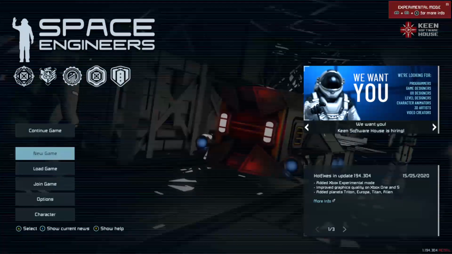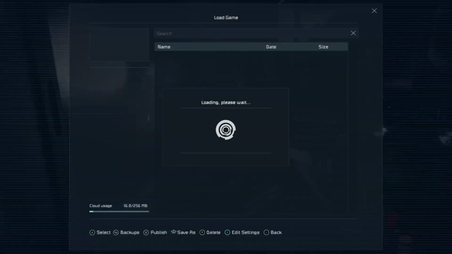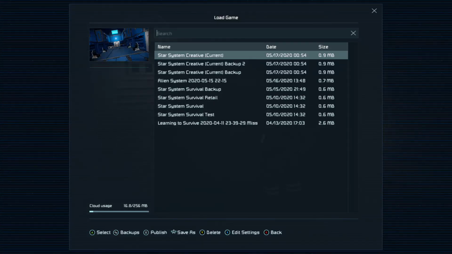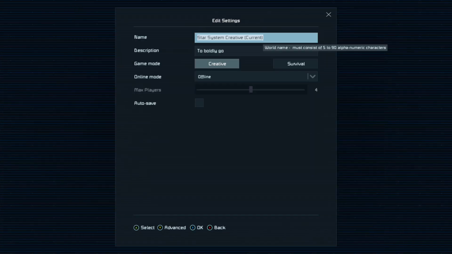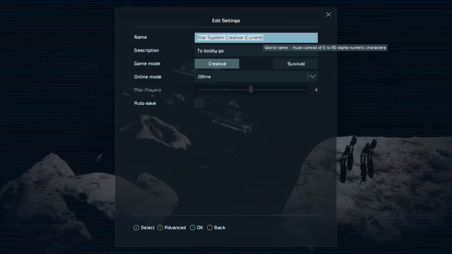But I wanted to share with you as well the load game menu, because you can at any point when you've saved your game alter things about it. Now, some people don't actually know you can do this, but if you press X on this menu, you'll see the edit settings menu.